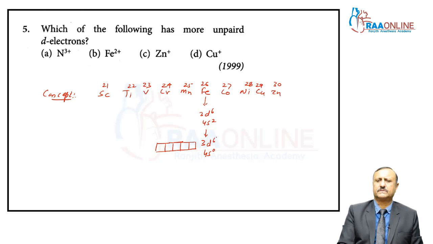Six electrons are filled in d orbitals by Hund's rule. First of all, all 5 orbitals are filled by single electrons, and then pairing starts. Then you pair this orbital. Now 4 unpaired electrons remain, 4 unpaired electrons are present here